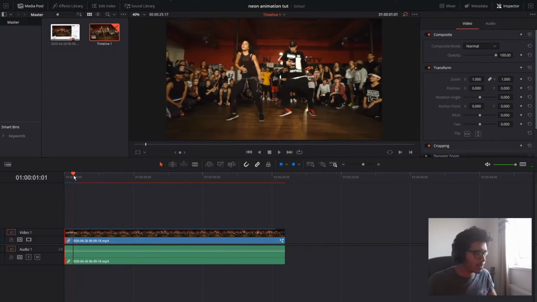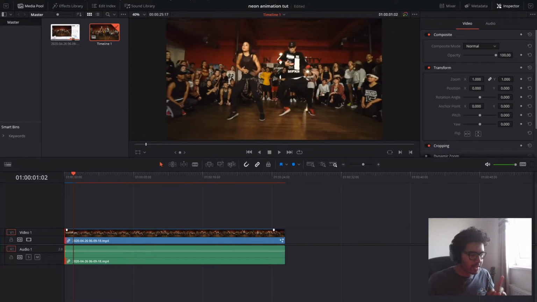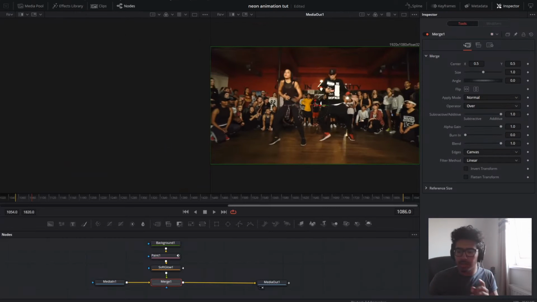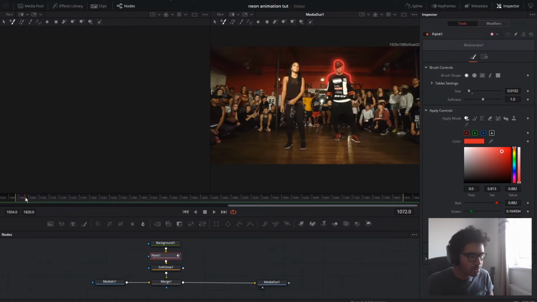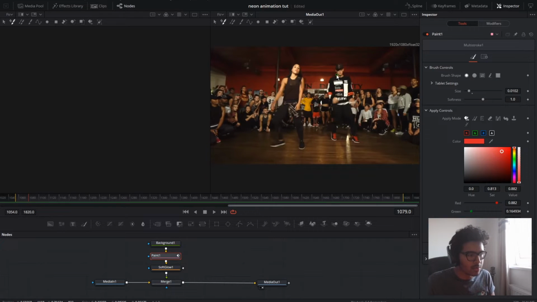Alright, that's a lot more visible because it's not right at the start. Okay, so I think after that we're going to have it flash on and off for a bit, because we've established it, we've drawn it. Now we're going to have it flash on and off. So we're going to go back to paint. So where did that stop? Okay, it stopped there. So we're going to go 1, 2 frames. We're going to outline his whole body